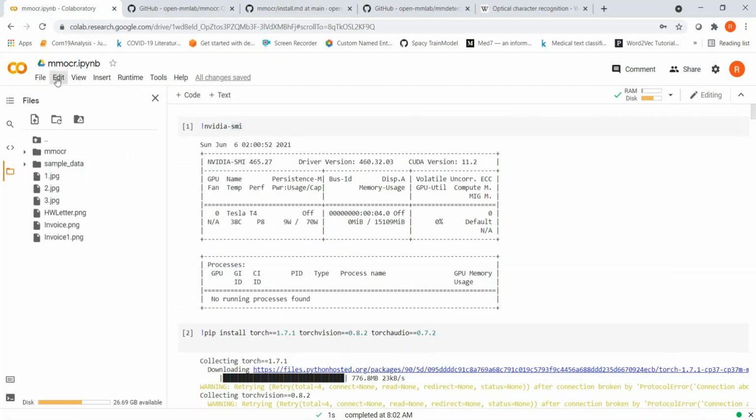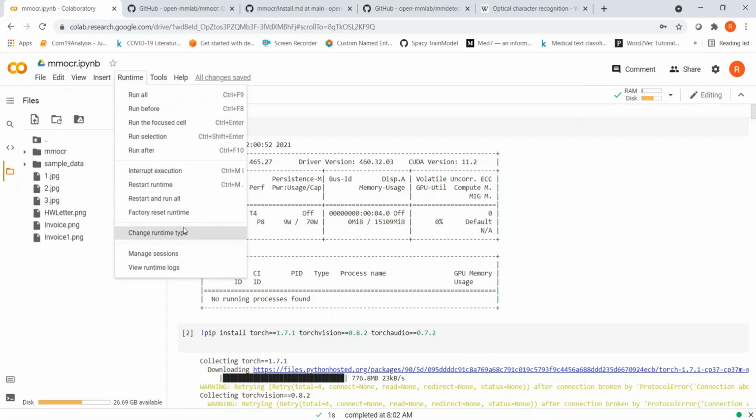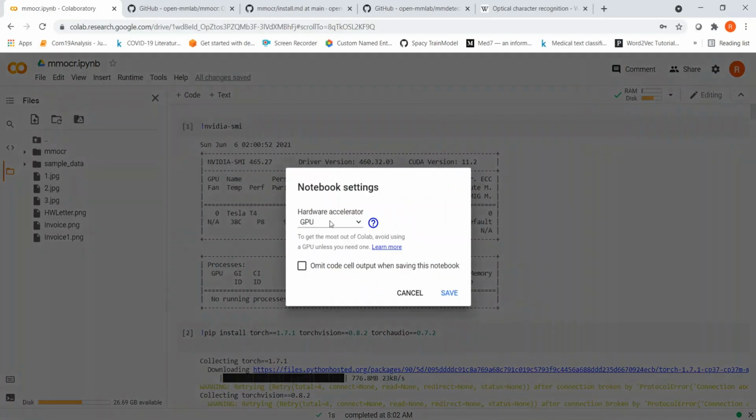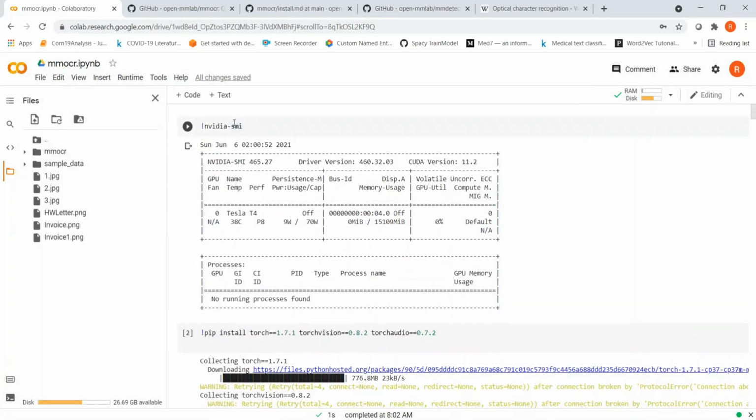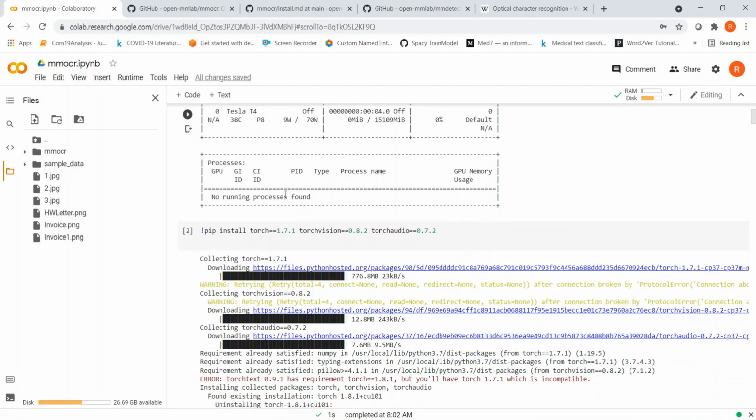For this I have selected a GPU runtime. If you go to runtime over here and change runtime type, I have selected GPU. This is the GPU information, which you can get using the command nvidia-smi. Then I am installing PyTorch.